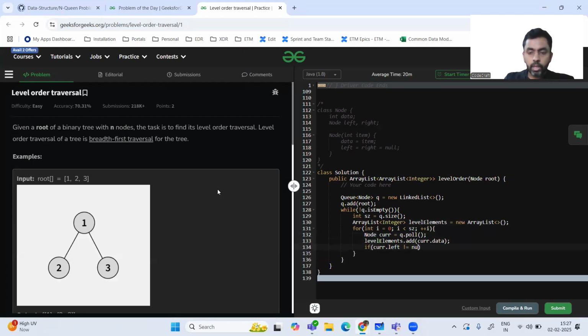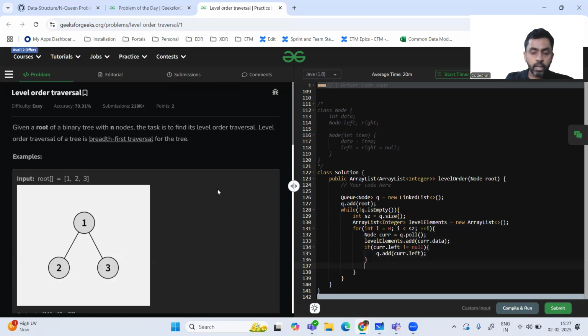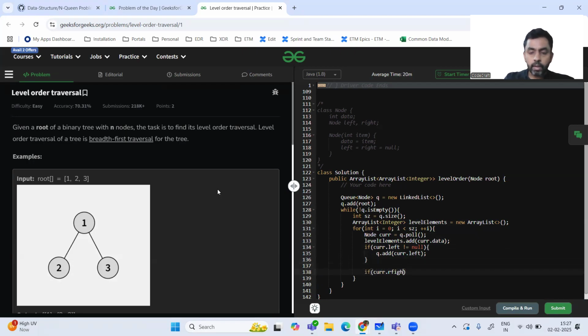right node. If current dot left is not null, then we are going to add current dot left to the queue, and we are also going to check for the right child. Q dot add the current dot right. So whatever was the size, we are iterating the for loop till that particular size, and we are